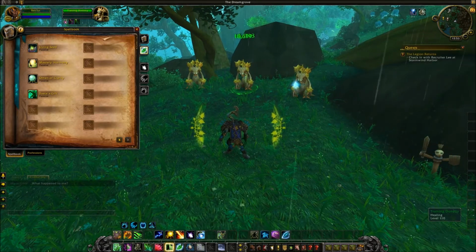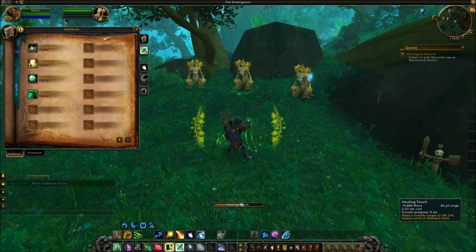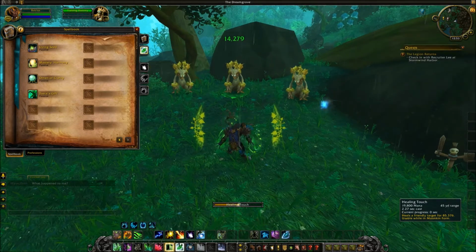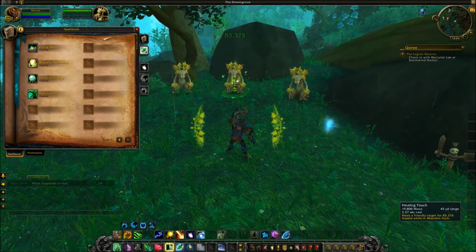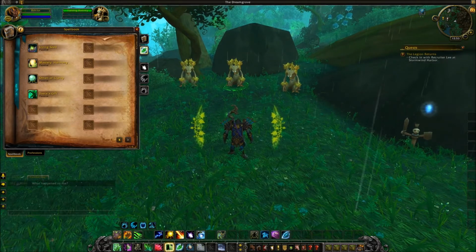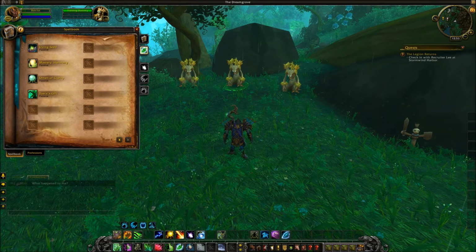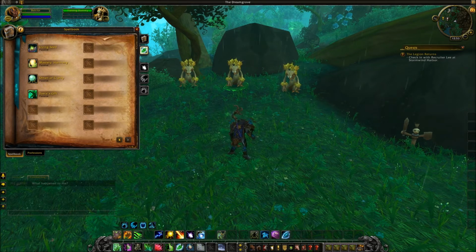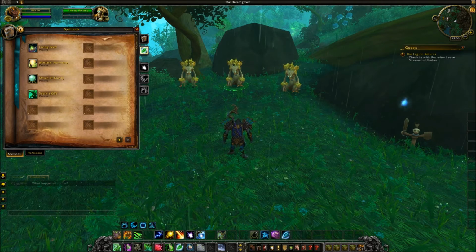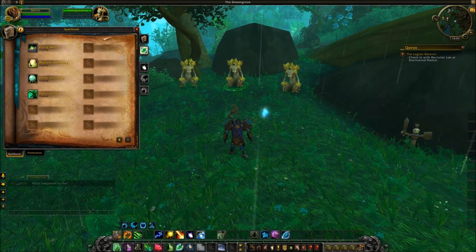And as I let all of those drop off, we will go ahead and use Healing Touch again, right here. And it's only hitting for 91,000, it looks like. 85,000 right there. So that is a massive drop off from what it is. You're losing 30,000 healing by not having those extra HoTs on there. So that brings back the focus of stacking your healing over time effects on a target to make